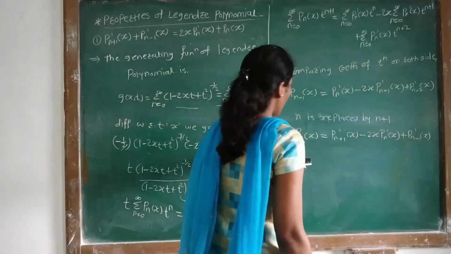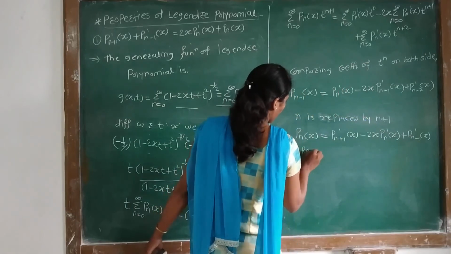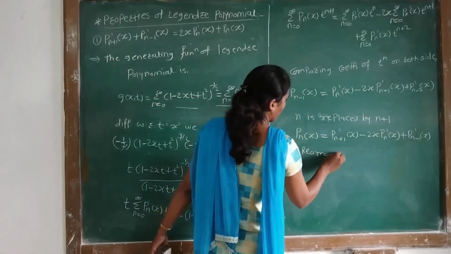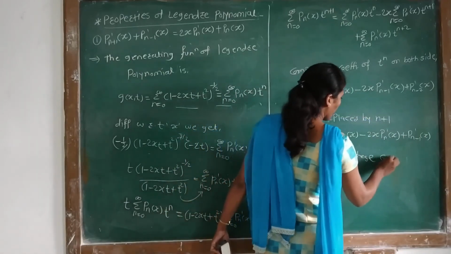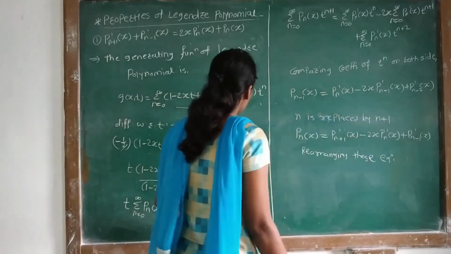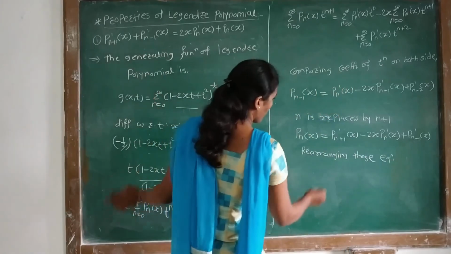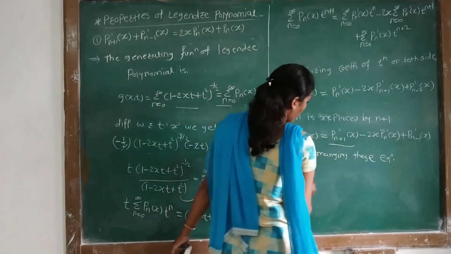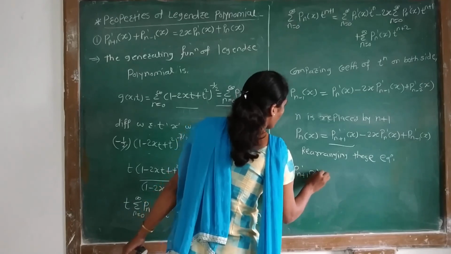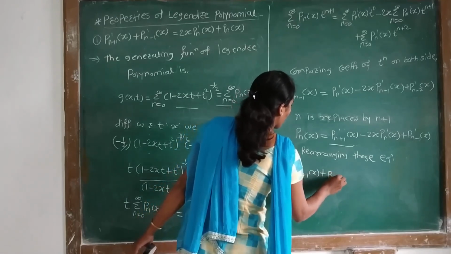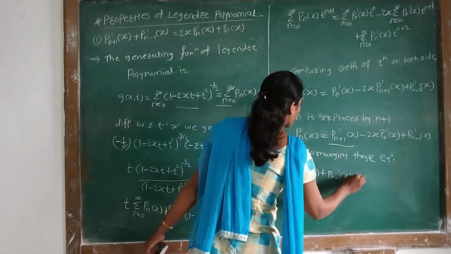Now rearranging this equation, Pn plus 1 dash of x plus Pn minus 1 dash of x is equal to